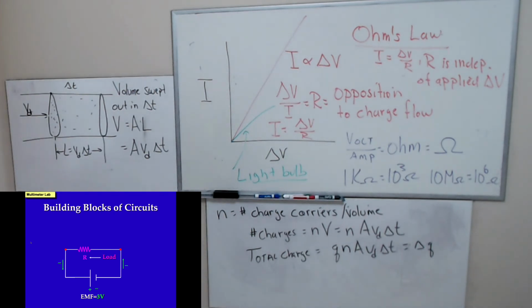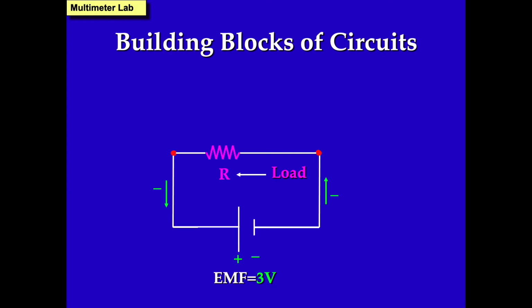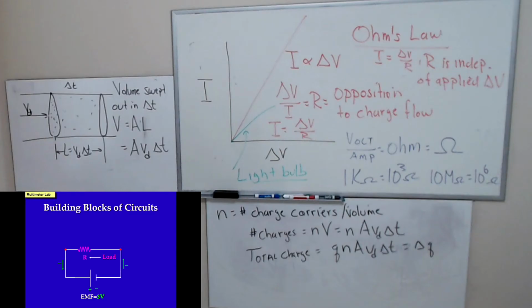So let me show you some parts of a circuit. Here's a drawing of a real simple circuit. You have a power supply, some device that opposes current, called a resistor, and some wires. Before I delve into this, let me say a couple of things. First of all,